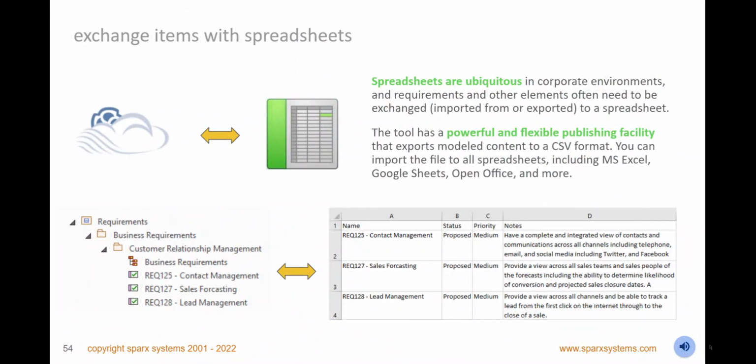Use the CSV Exchange utility to exchange requirements, conceptual and logical entities, decisions, issues, risks, and other elements with spreadsheets. Save time and effort by importing existing definitions from spreadsheets, including inbuilt properties such as type, status, and priority, or user-defined properties such as the business owner or criticality. Create and reuse your specifications for both import and export of modeling information.